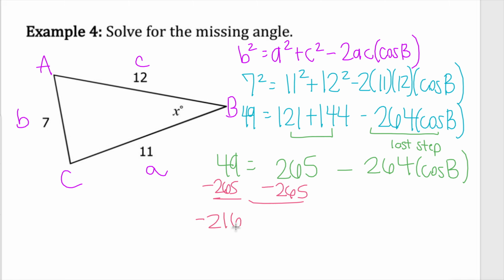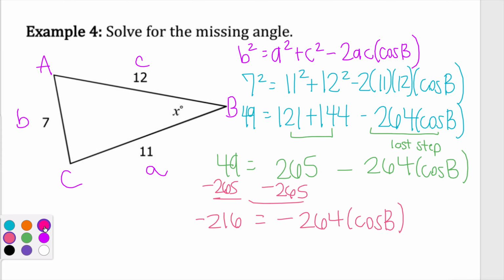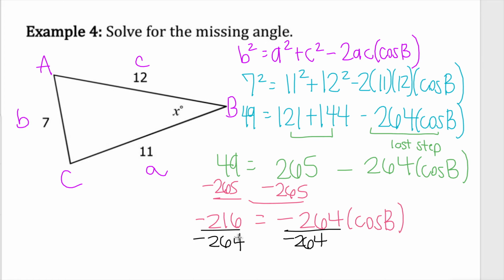I get negative 216, and that is now equal to negative 264 times the cosine of B. Okay, here's where we can move that 264. We are going to divide negative 264 on both sides. So negative 216 divided by negative 264